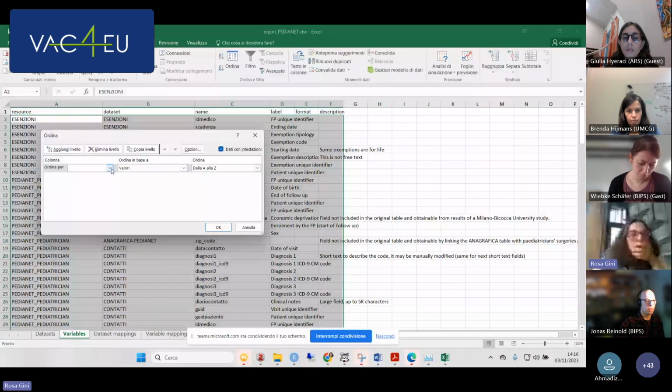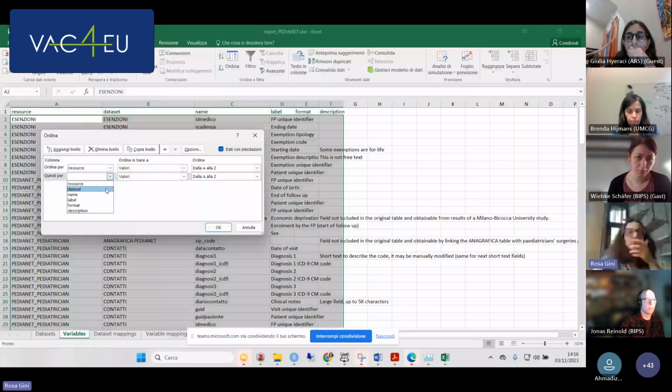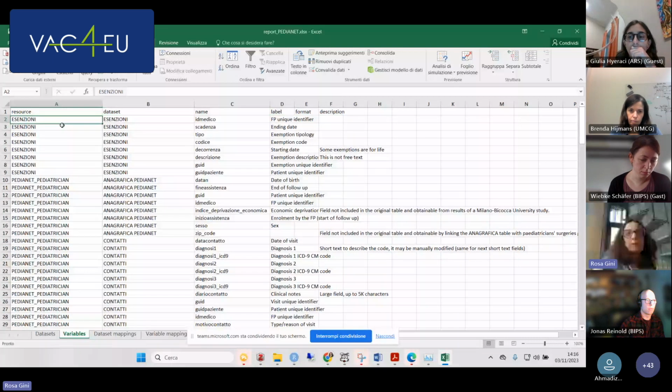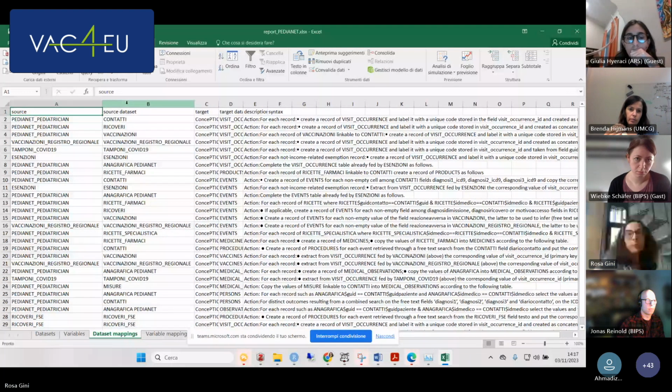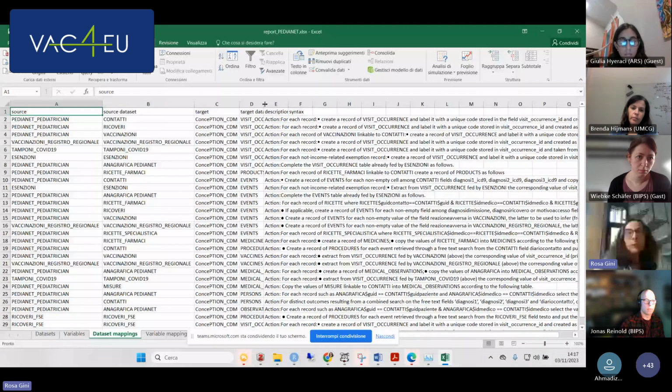We order per resource and data set, and we have the data model of each data set. And of course with the label, description, whatever, every detail that the DAP thinks is important for you to know. And then we have the dataset mapping. So each dataset, to which tables of which common data model is it ETL'd to. And again,